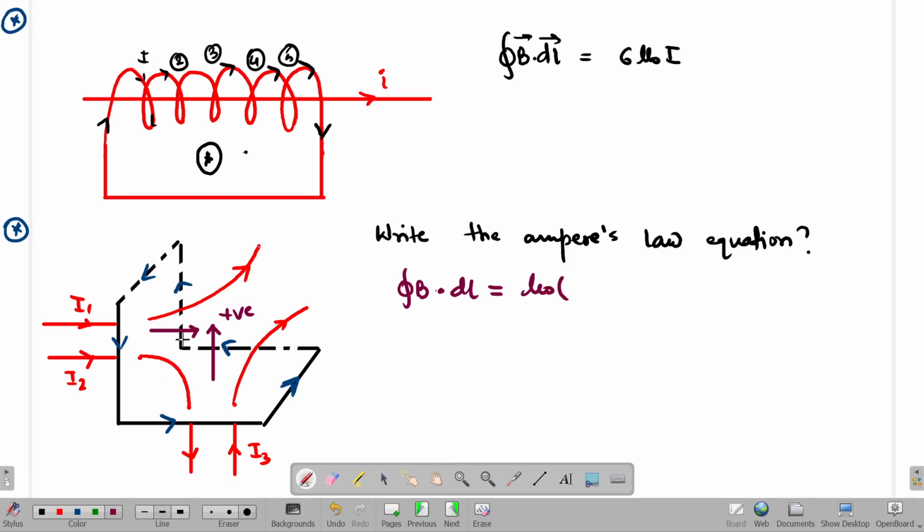So mu naught. See, in the first loop, there are two currents, I1, then I2 comes. So I1 plus I2, isn't it? And in the second loop, what is the equation? Second loop, I3 goes up. So I3 is, but I2 goes down inside it or not? So minus I2. So the answer is integral